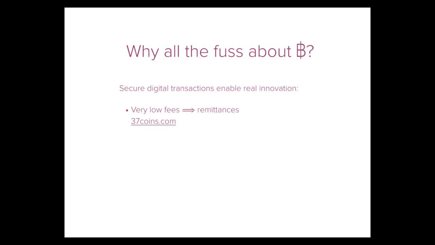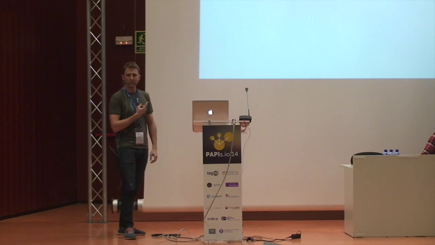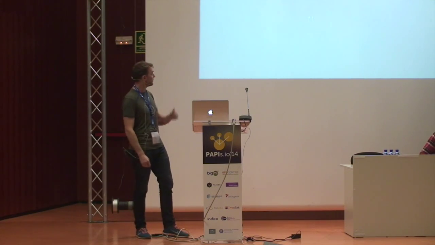We have some friends working at a startup called 37 Coins, and they're doing remittances. At the moment, if you're from a poor country like the Philippines, a decent chunk of your population works in rich countries and sends money home. And people like Western Union banks charge really hefty fees to send Hong Kong dollars to Filipino pesos. And you can do it with Bitcoin for approximately zero, the non-zero part being the small fee that these guys charge.